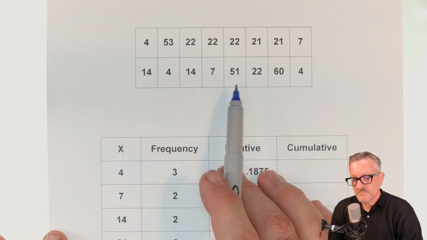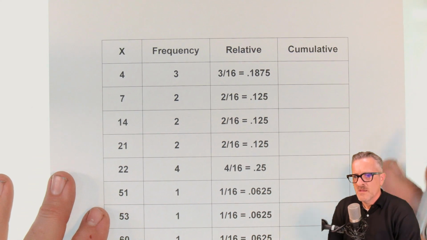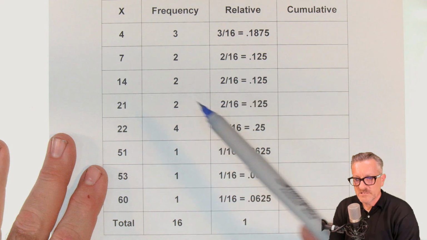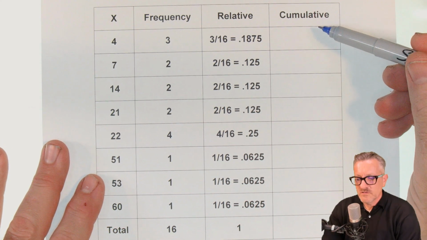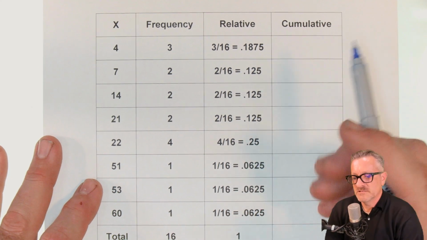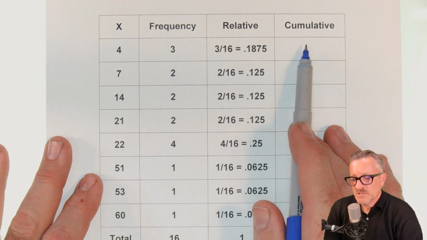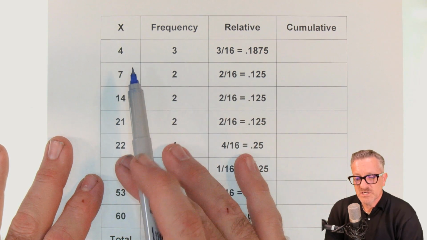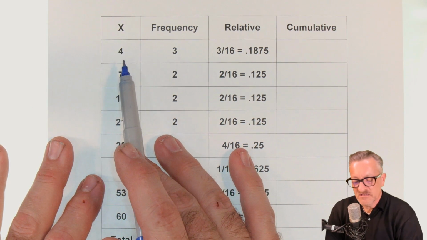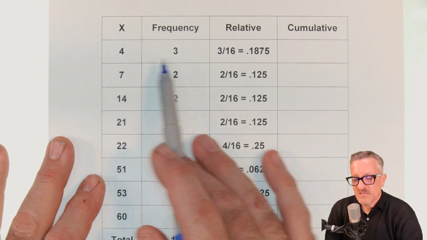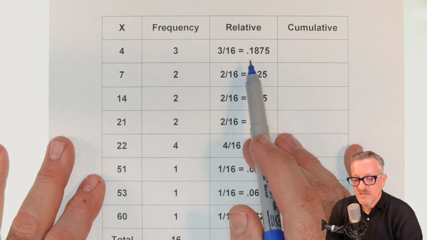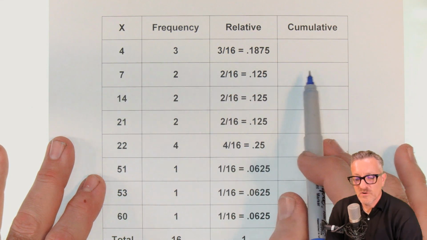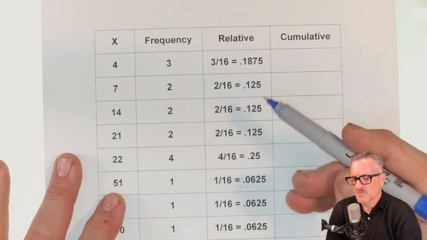Okay, same numbers up top. That's important. And this is the outcome from our prior relative frequency distribution video. And now we're going to do the cumulative part. The cumulative part is like this. It's cumulative in that with each row, or each distinct value, we add all of the relative portion onto the current row when we're there. I don't know if that makes sense. Let me show you how it works.